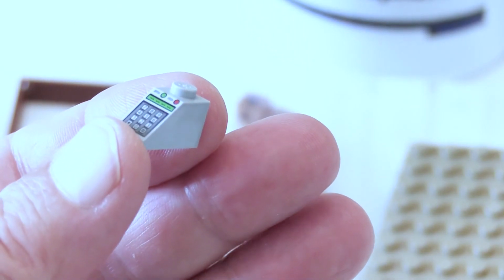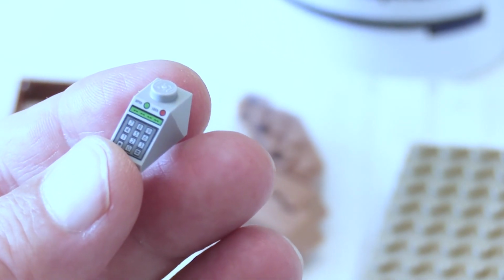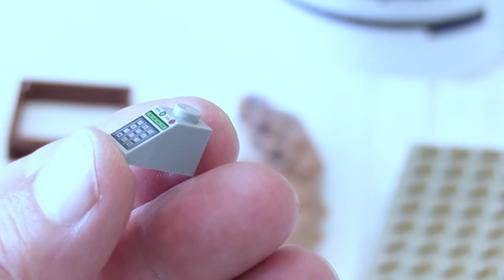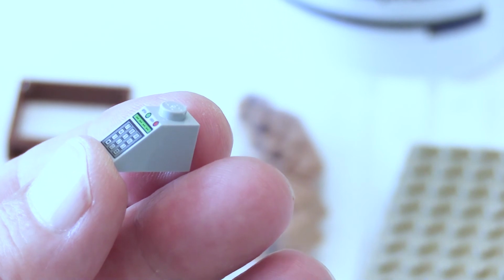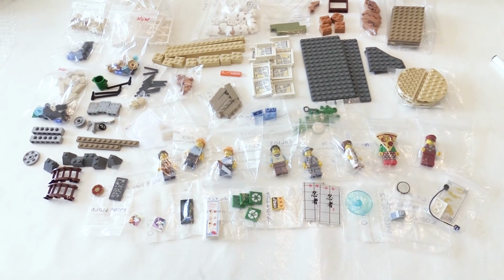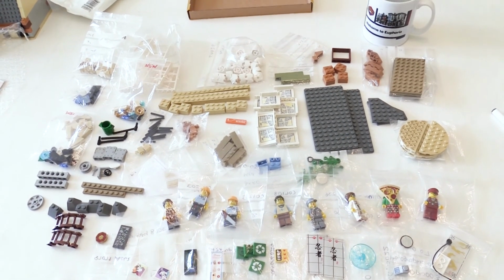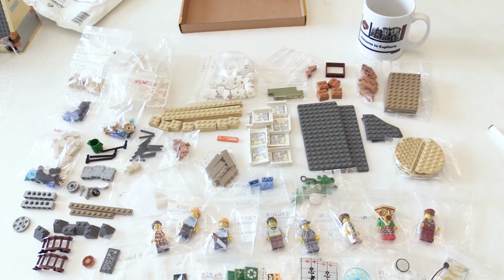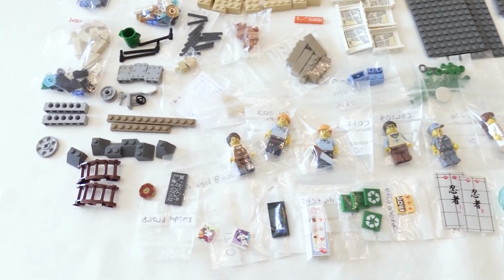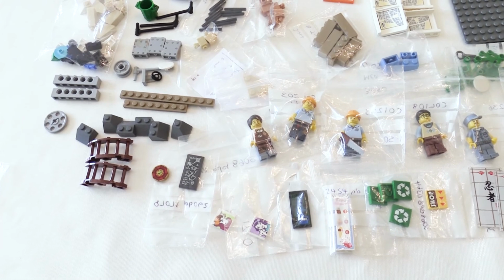I also managed to get a 1x2 sloping piece with a keyboard pattern on, which is perfect for the cash point in the shop at the Astronomical Clock Museum. So some of these will be reserved directly for going into the Astronomical Clock mock, which is my current mock under construction. Other ones are just really nice parts that I can put into stock for future mocks, or other